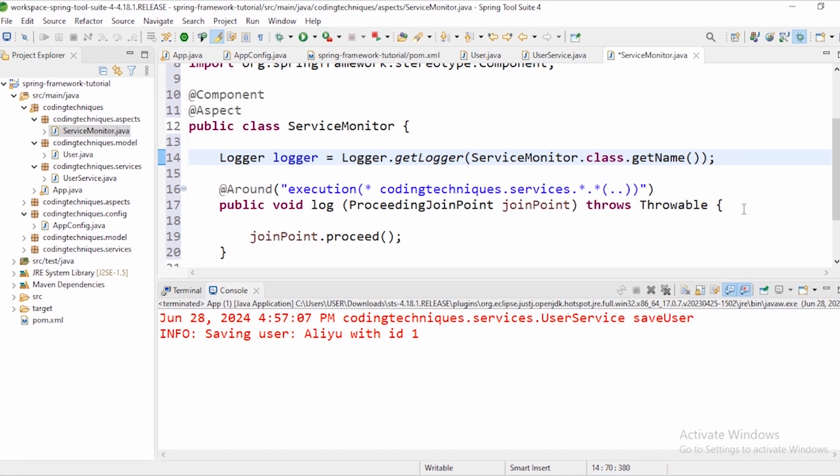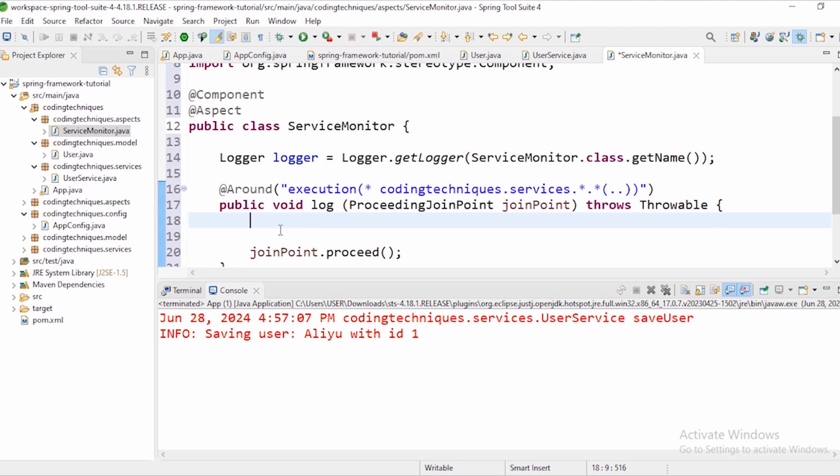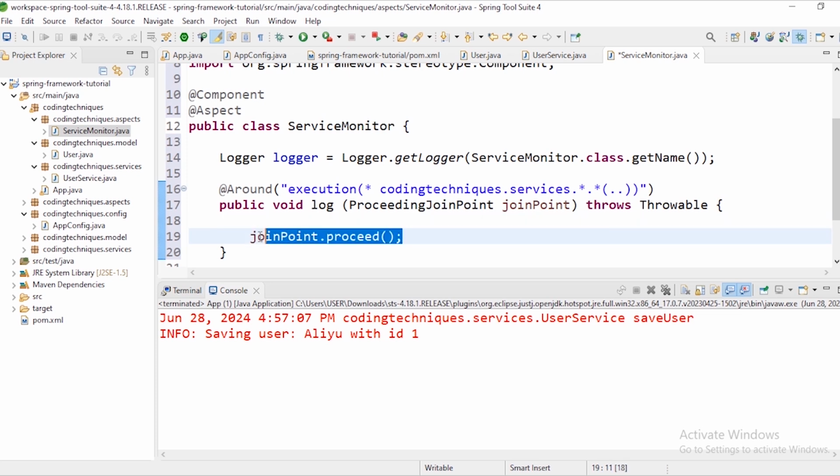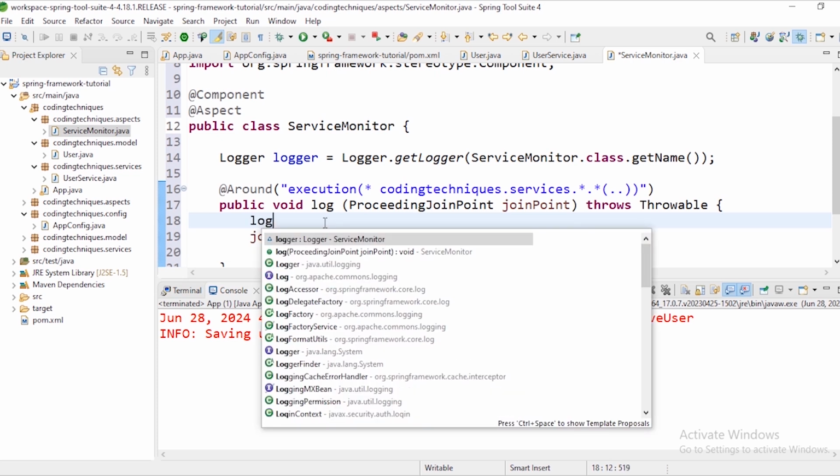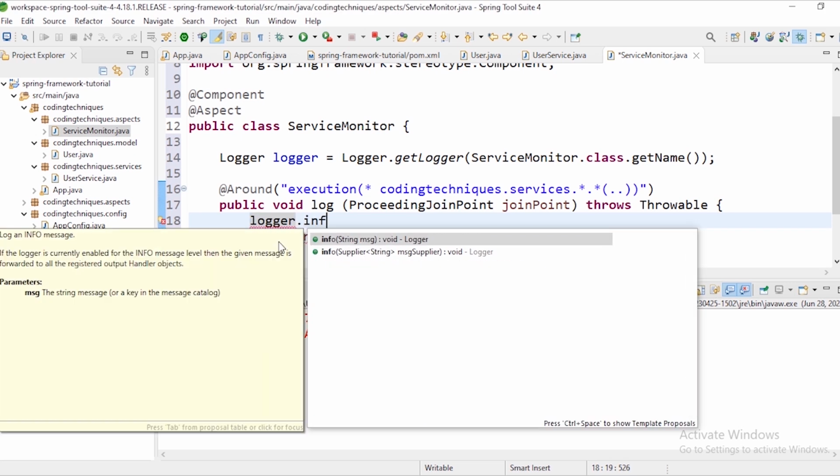So let's print something before the method is executed, and after the execution of the method, we need to print something again and we will check to see how it works. So logger.info,